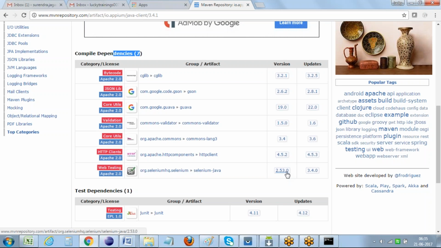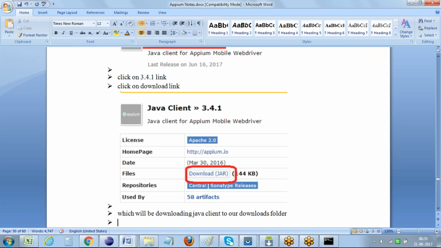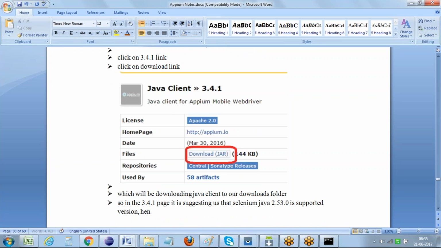It is suggesting that Selenium Java 2.53.0 is the supported version. Hence, let's download Selenium Java